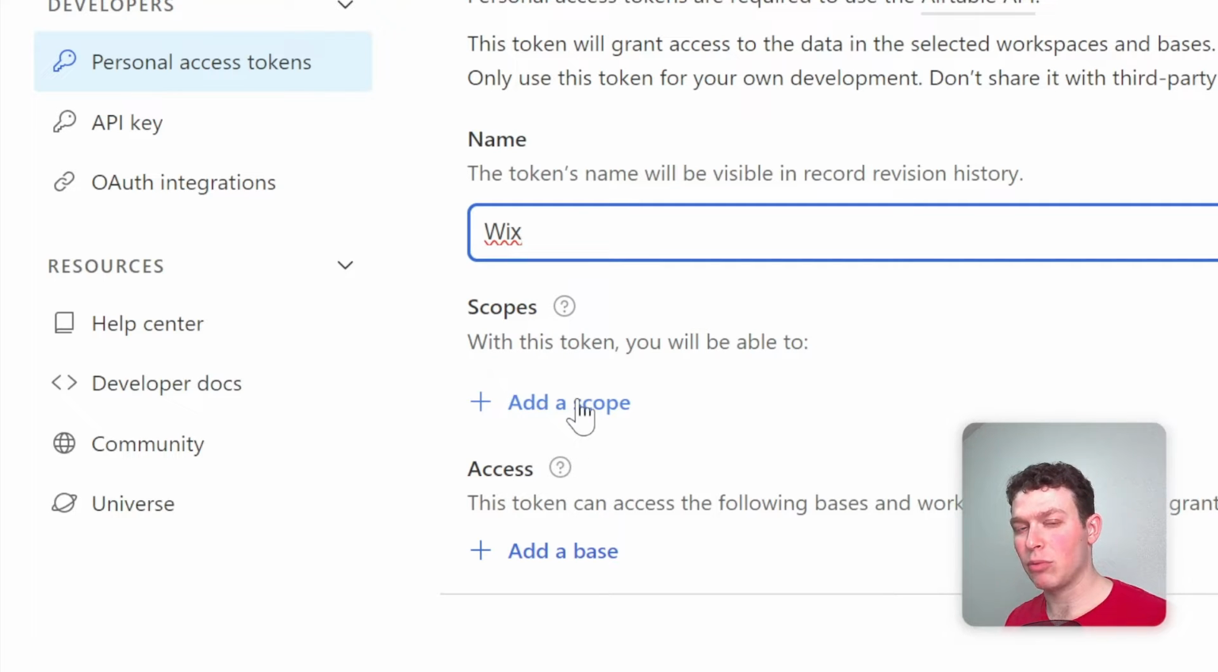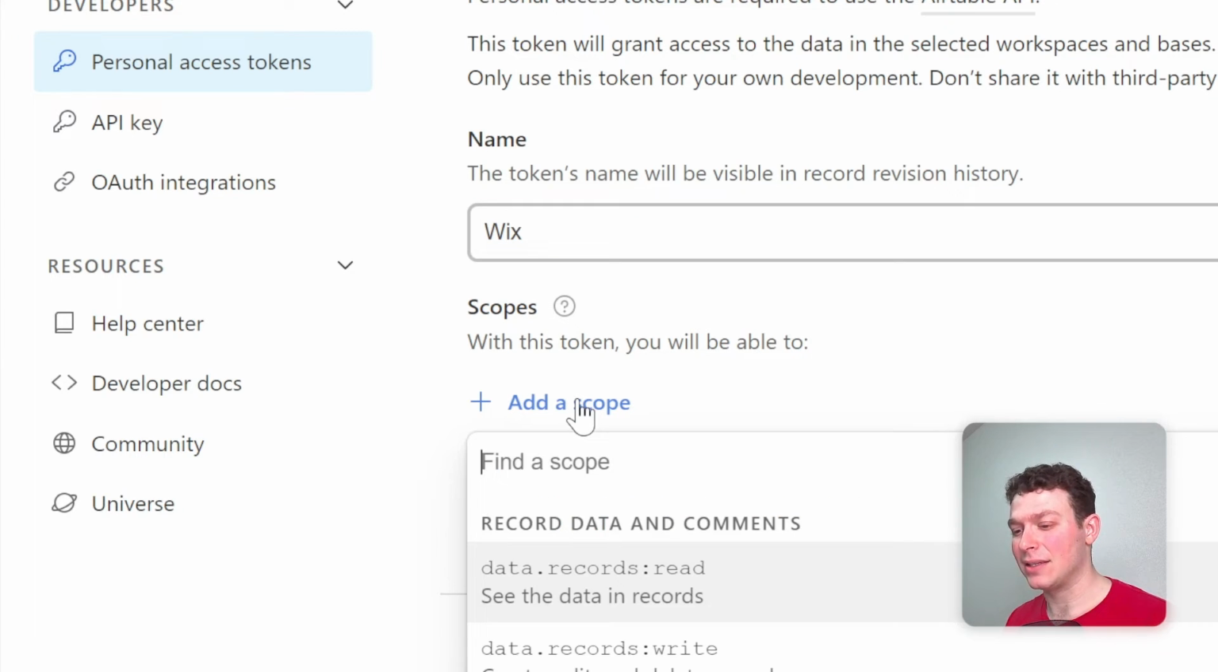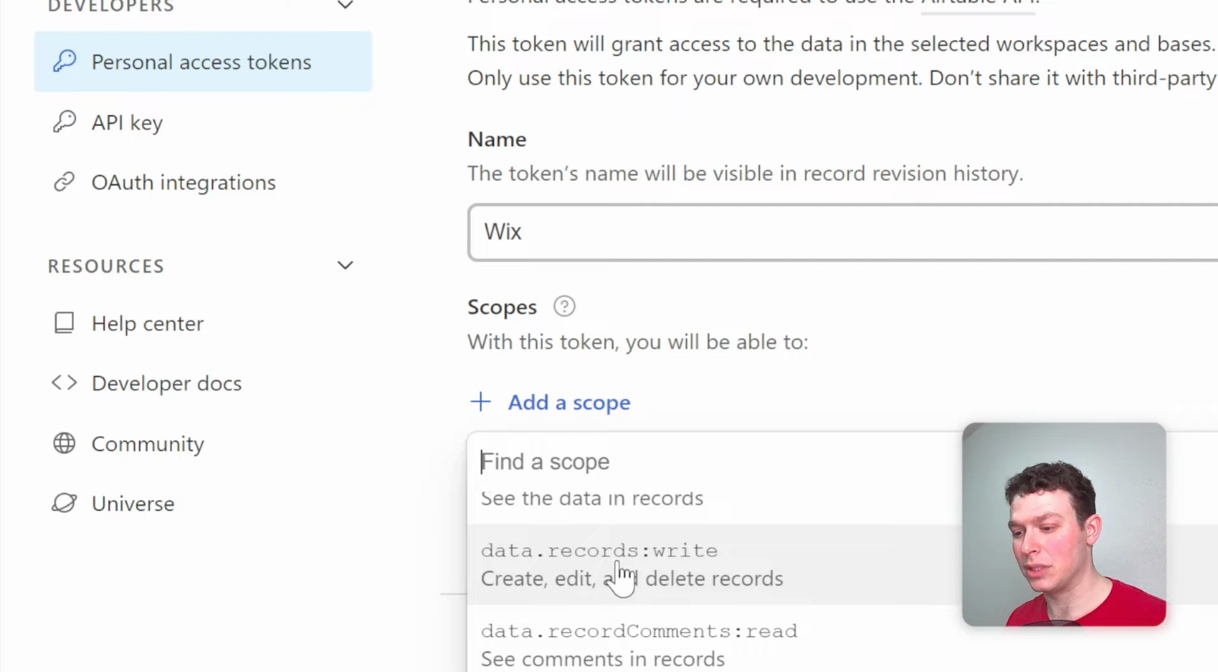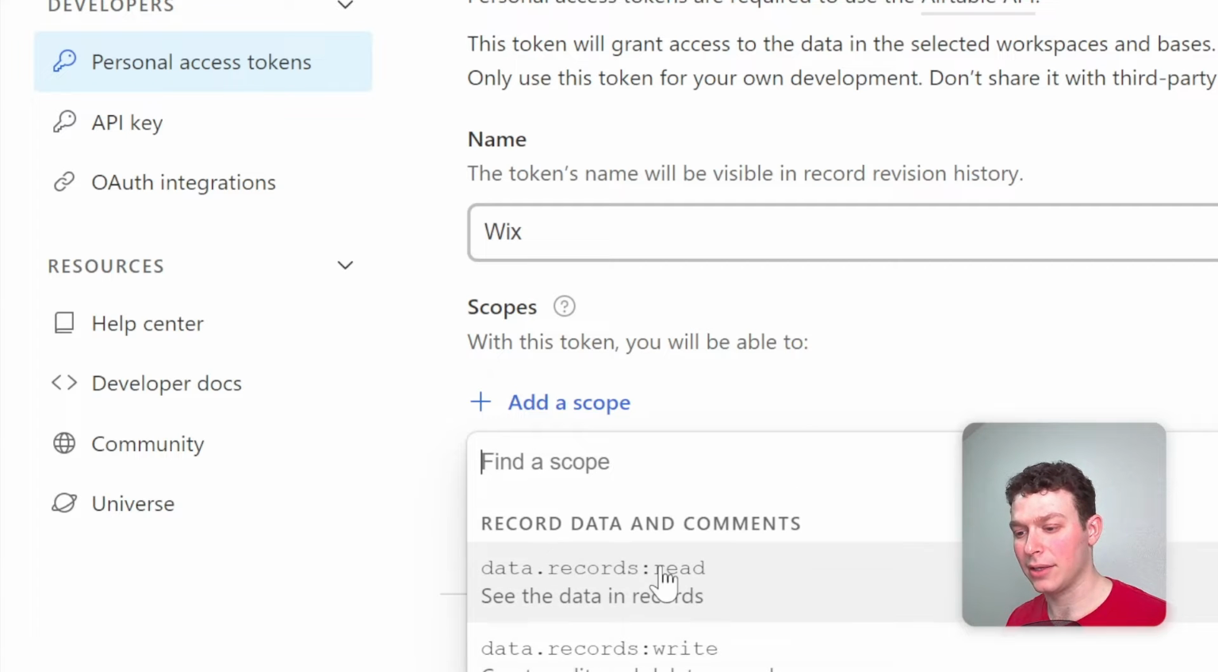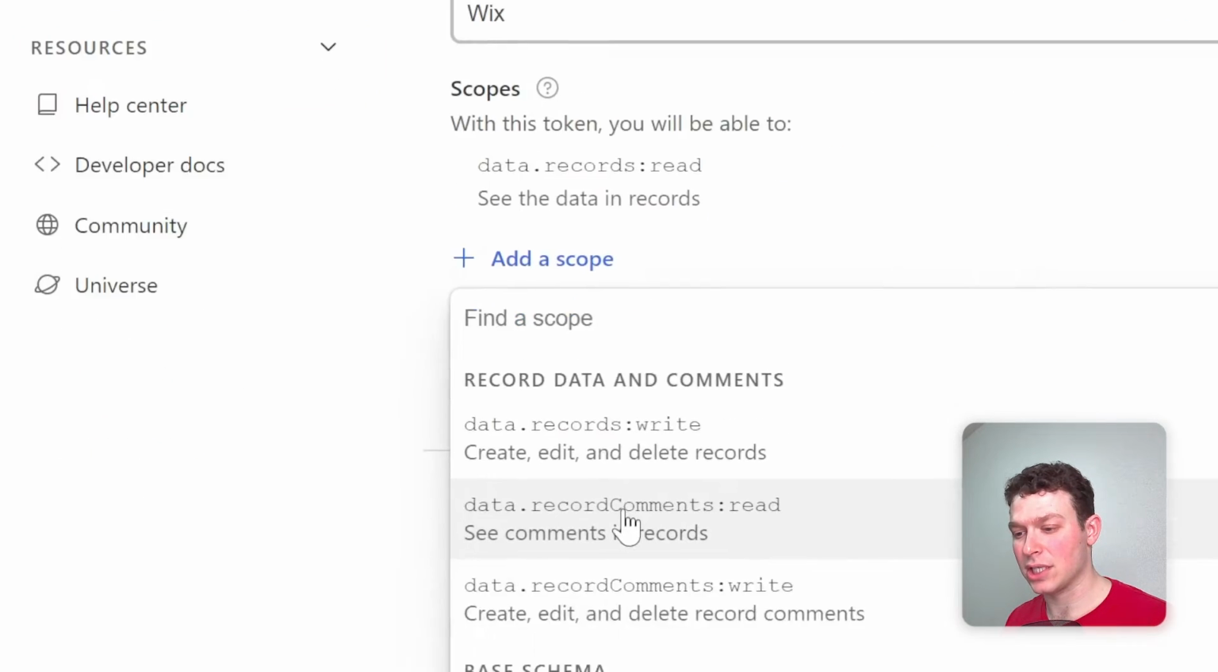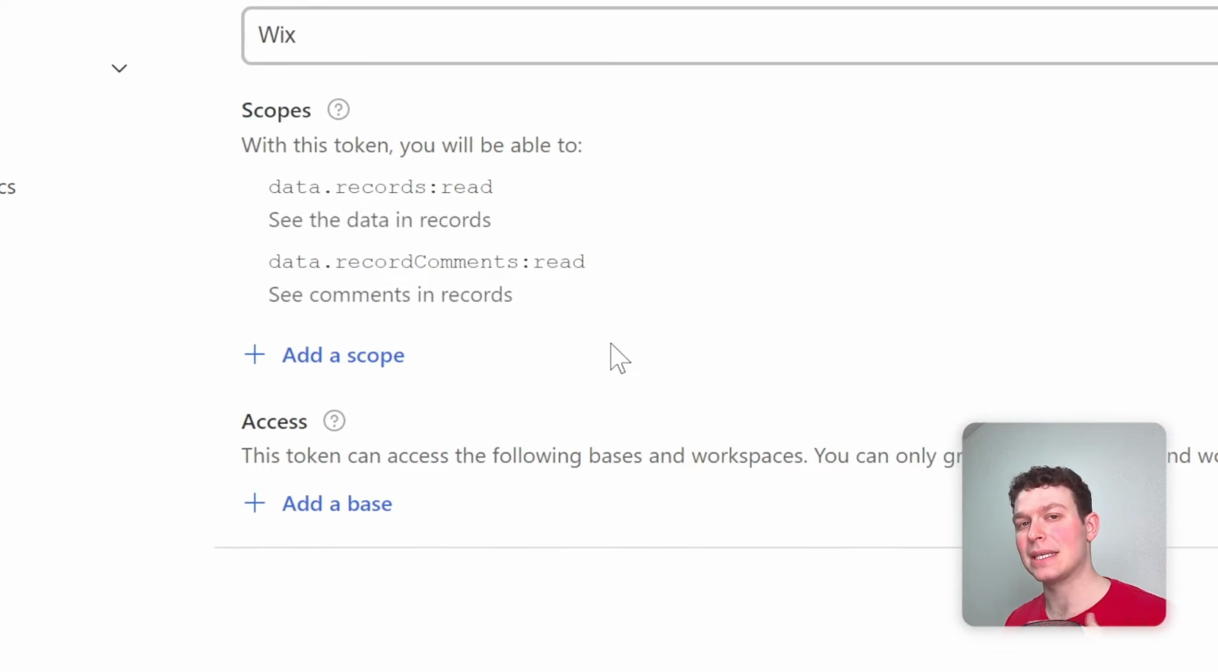So the scopes essentially will be what kind of actions, or which API endpoints, the person with this token can interact with. And we're going to be using data.recordsRead, and we're also going to be using data.recordsWrite. That should be sufficient for us to do those two basic interactions that I mentioned earlier with the